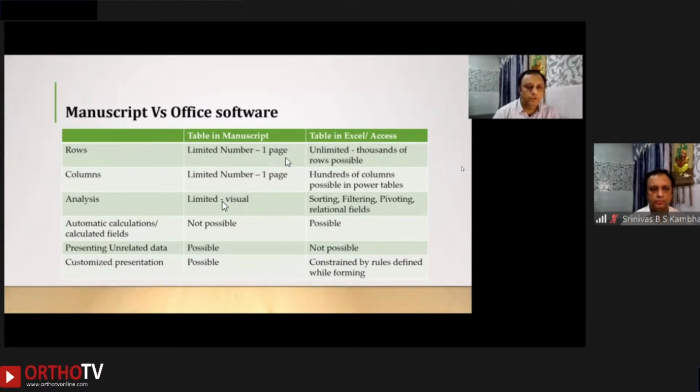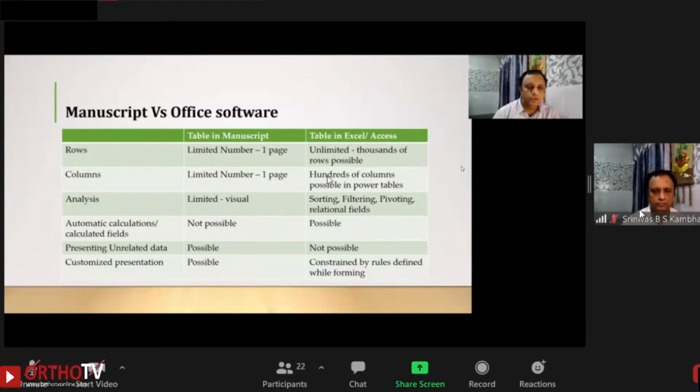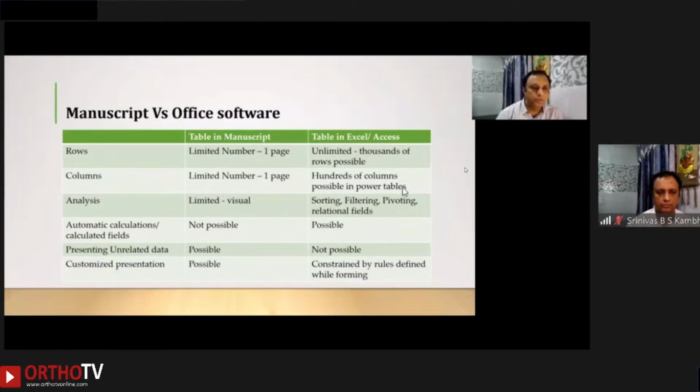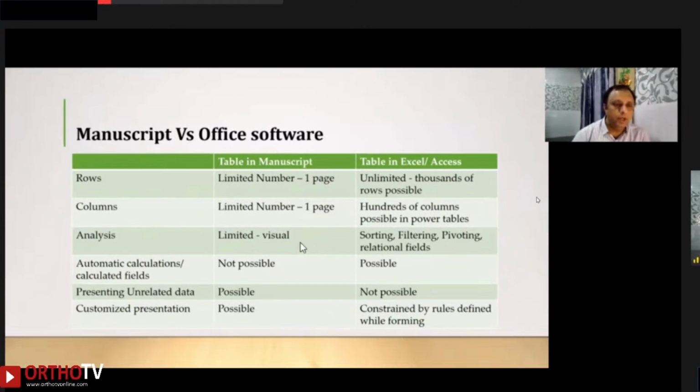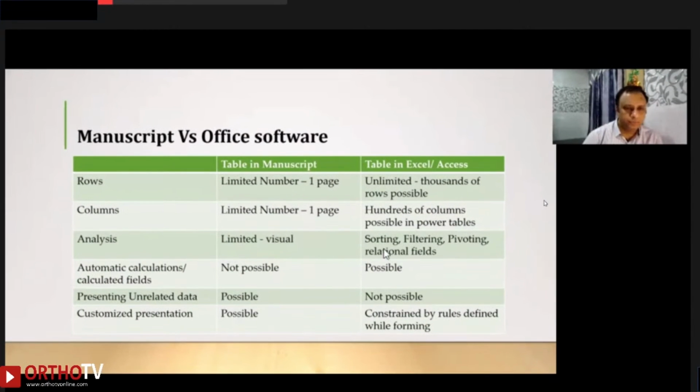For a table in the manuscript, the rows are of limited number, usually restricted to one page maximum, whereas in Excel and Access, it's unlimited, sometimes going up to thousands and millions of rows. For columns, it's the same, limited number, restricted to one page. For the softwares, there can be multiple columns. Analysis is usually by visual inspection in table manuscripts, whereas further analysis can be done by sorting, filtering, pivoting, or relational fields or calculated fields in